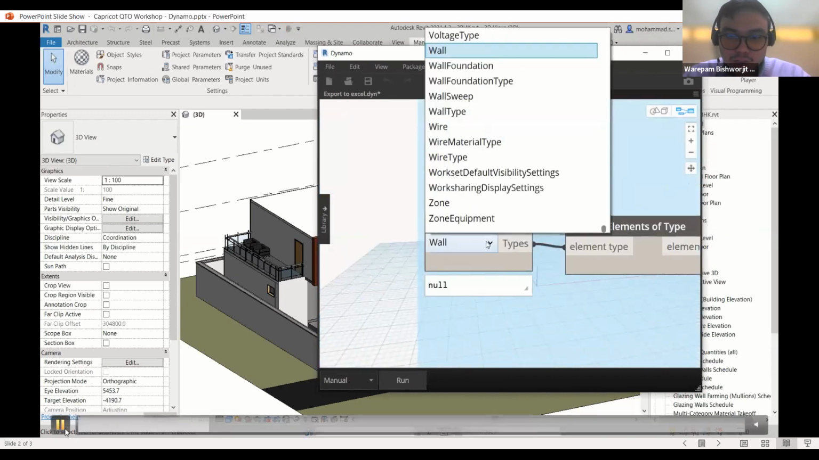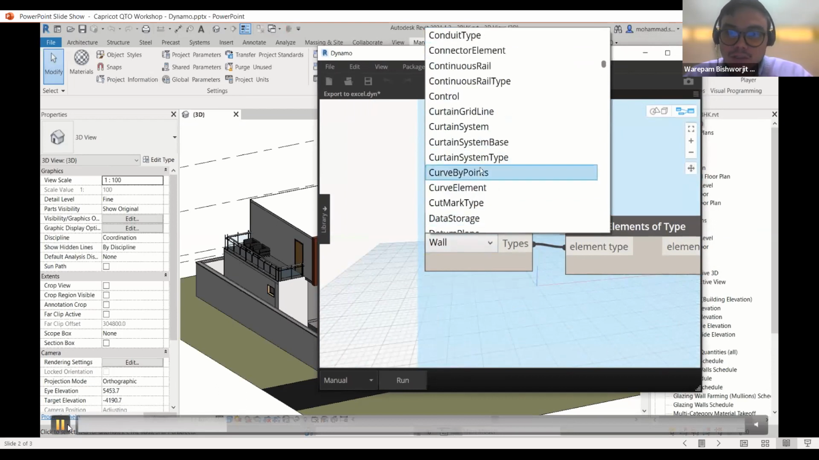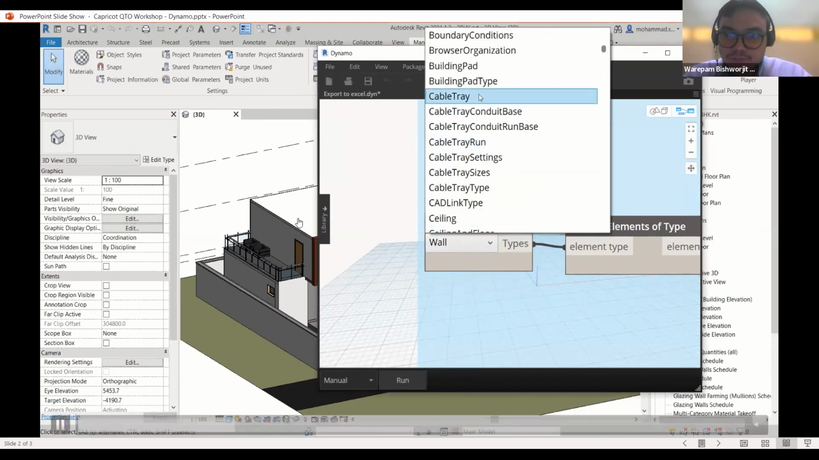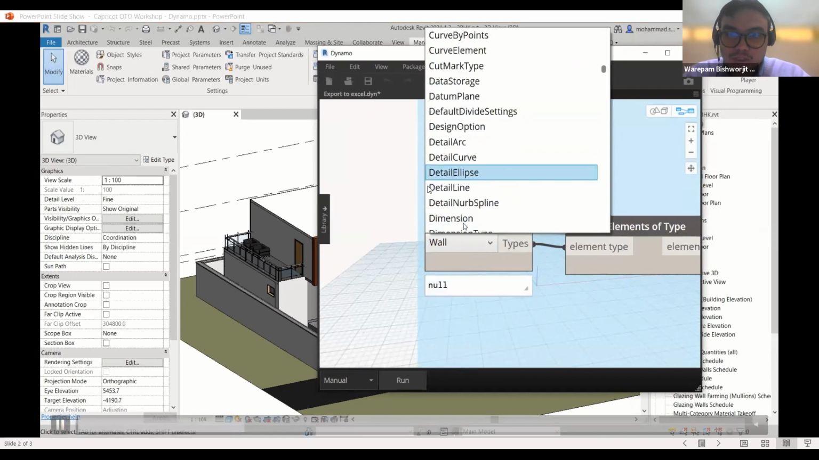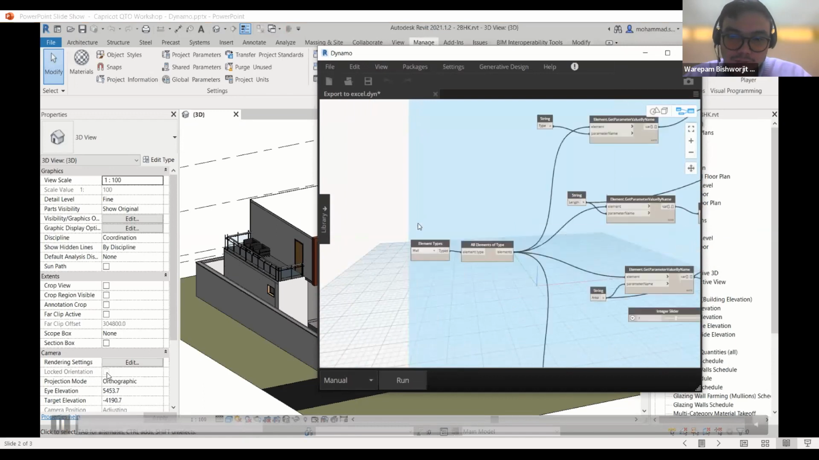So I've chosen this wall type here. There are all the categories here, so I take the only wall type here. So there are all the categories in Revit. You can select any of these, but I have an example as a wall. So I have taken this wall